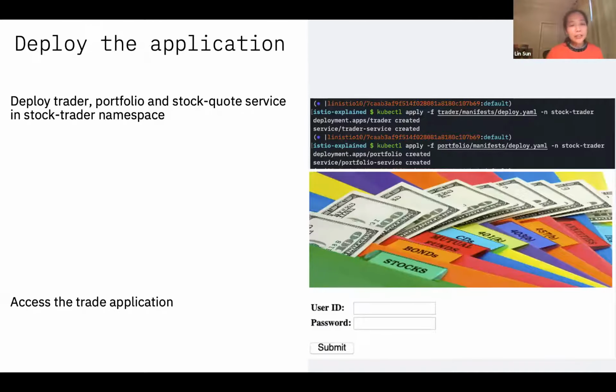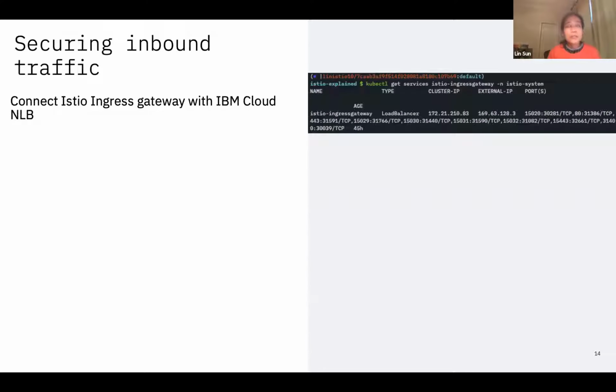Once the application is deployed, you can access the application. Typically, people would do it either through Kubernetes Ingress or they expose a load balancer service and access the application through the load balancer service. So let's first talk about how you would adopt service mesh in this simple example.